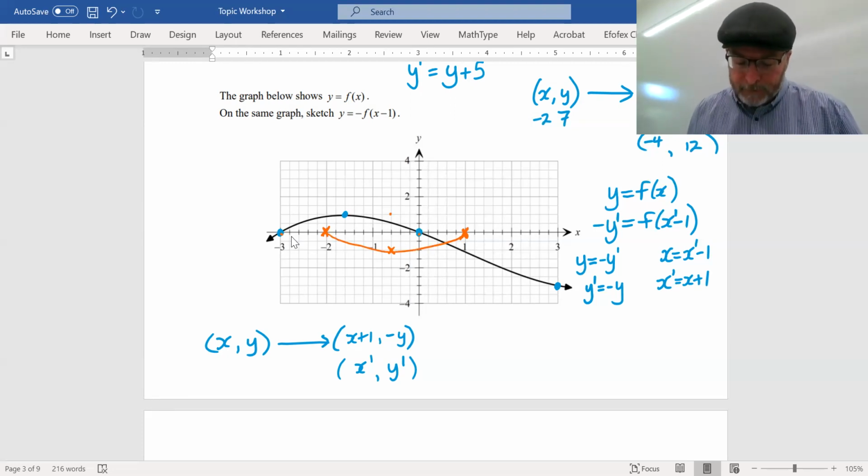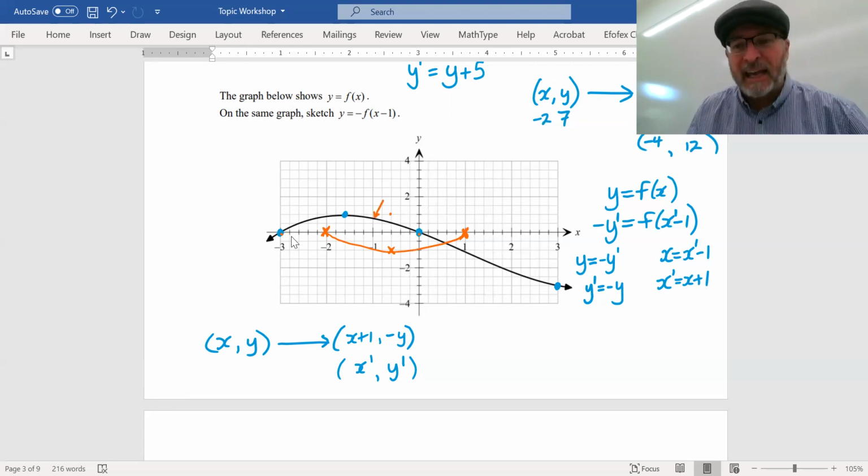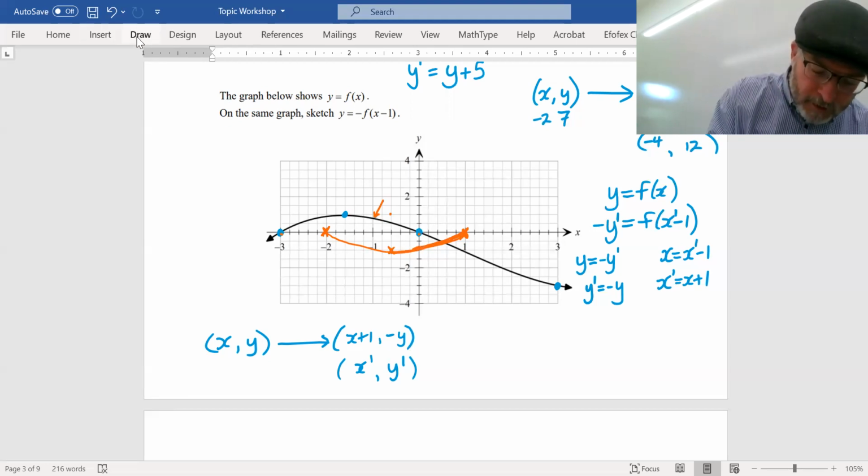All right, now the next thing I need to do, now if I really wanted to be accurate and see where it cut through the y-axis there, I would have had to move 1 unit across and see there, it's just about 1.8 or something like that. So it really needs to go through 1.8 there. So I was a little bit far down when I went through there. All right. So, you know, if I wanted to be accurate,